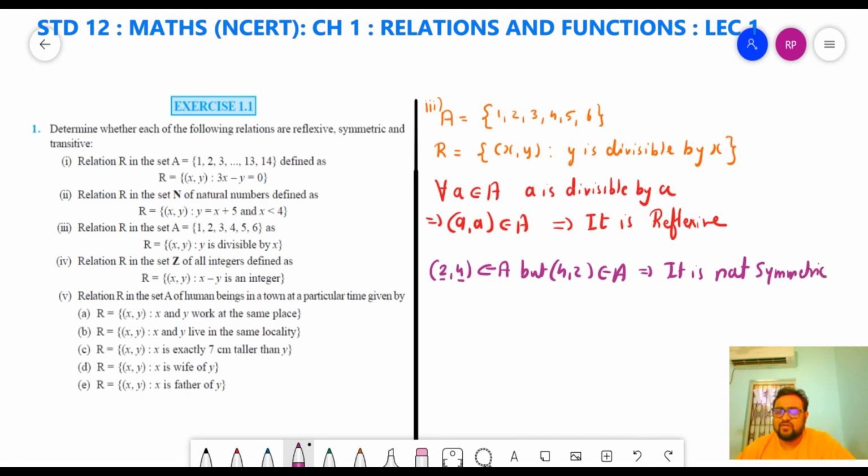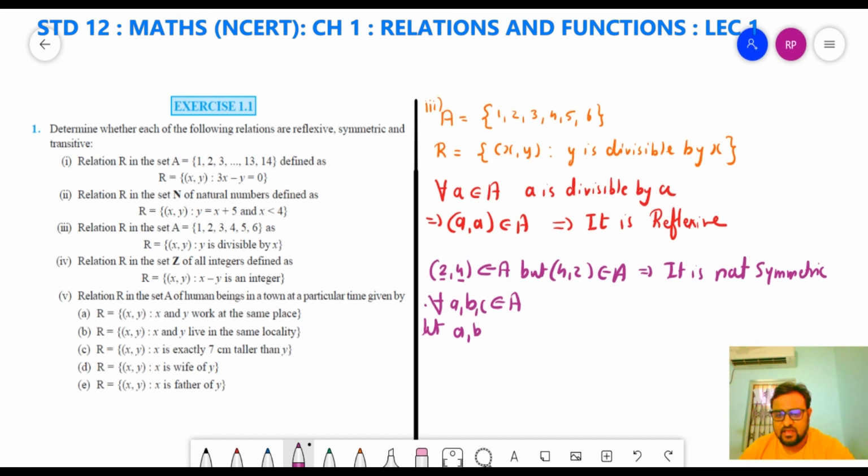Clear? See, when you are going to prove not, then you can take an example. Okay, and when you have to prove it, then don't take an example. Okay, now see here for the transitive. Now see, if I take, let's say, for a, b belonging to A, let